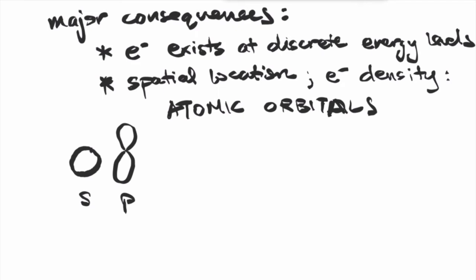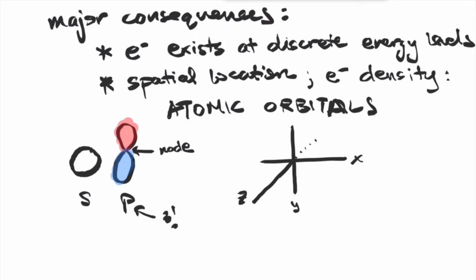Another note of interest is that there are phases in these orbitals. As highlighted in the p orbital, the top lobe and the bottom lobe are out of phase with each other. We can signify this by shading the lobes with different colors. I've done it so that the top is red and the bottom is blue. This is arbitrary. Furthermore, there are three p orbitals: one p orbital on the x-axis, one on the y-axis, and one on the z-axis. All of these p orbitals are equal in energy.